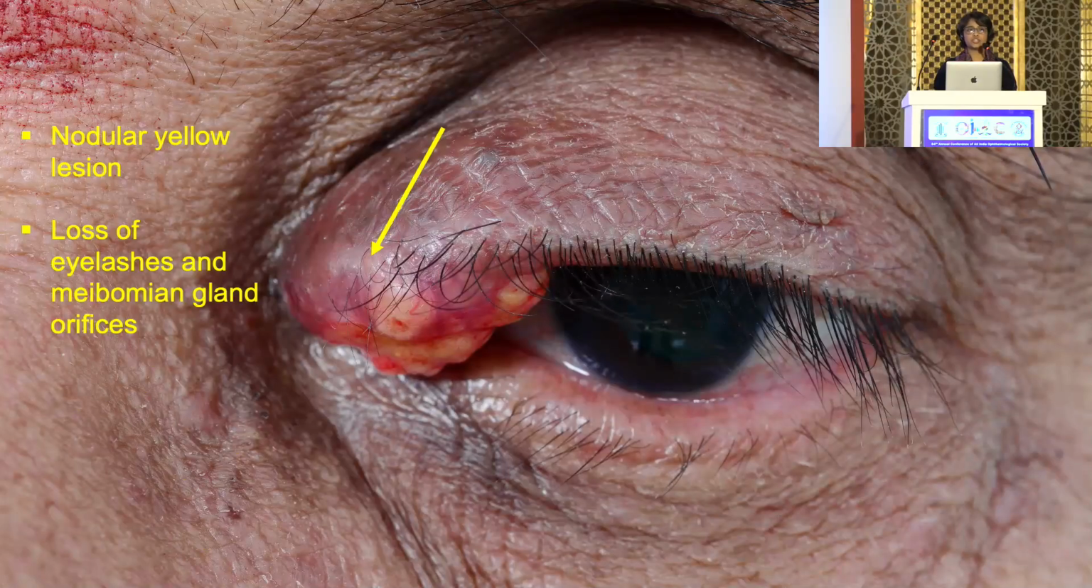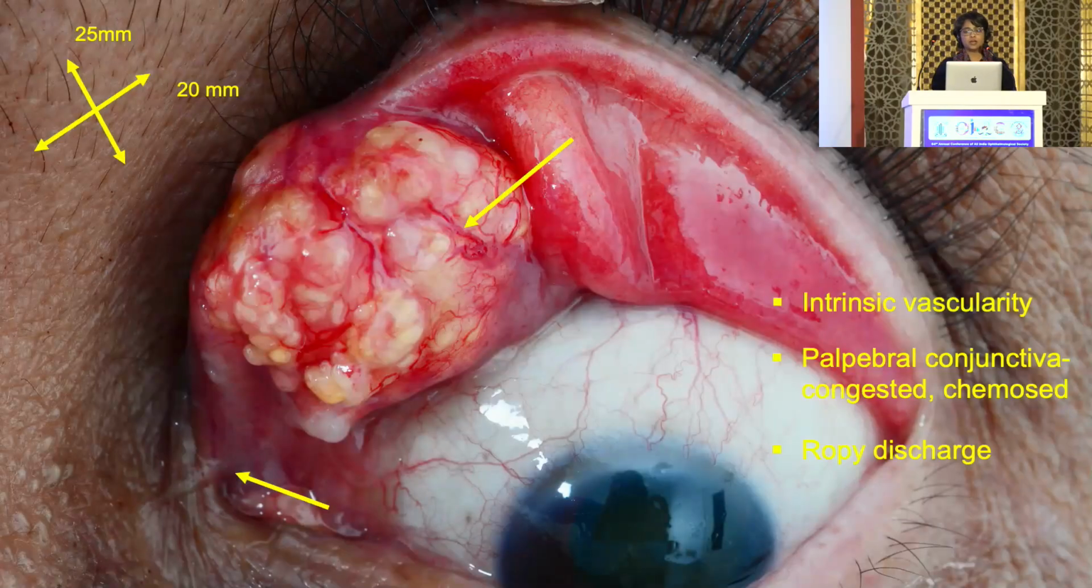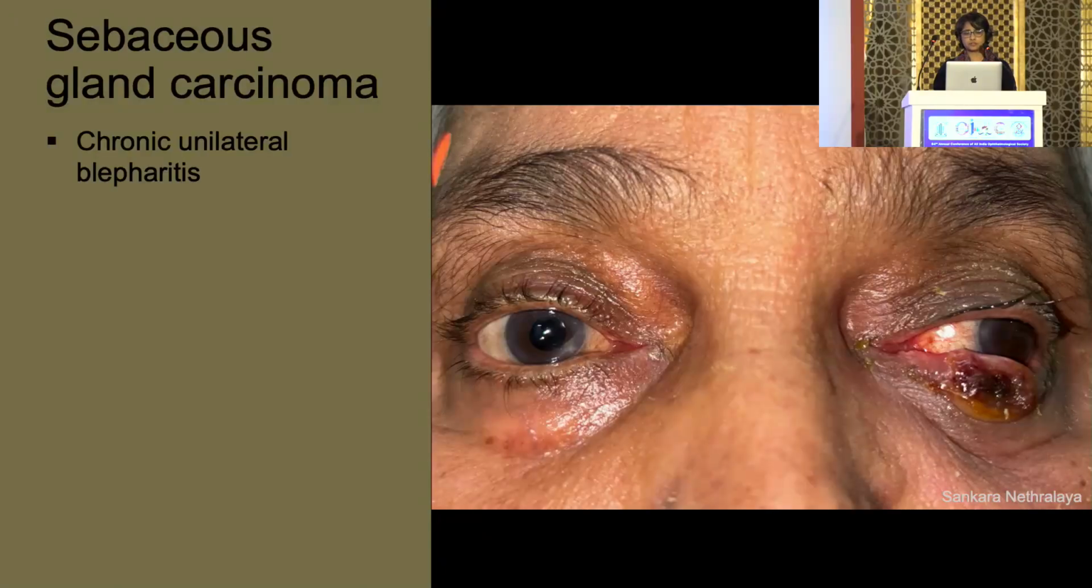So other things which can be present in sebaceous gland carcinoma are a nodular lesion along with focal loss of lashes and the meibomian gland orifices. Eversion is very important. It can show you intrinsic vascularity, the total extent of the mass. Other than that, congestion of the opposite fornix or the rest of the conjunctiva and a ropey discharge can also indicate possible pagetoid involvement. So red flags for sebaceous gland carcinoma: chronic unilateral blepharitis, chalazion in elderly, as I said,